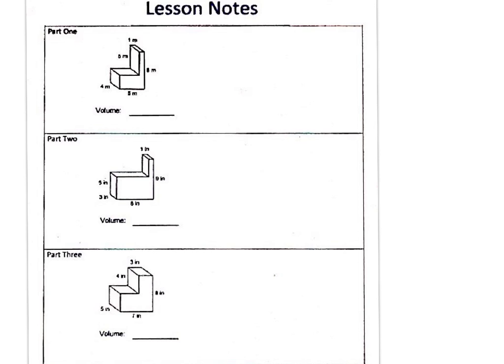But remember, when you're finding the volume of composite shapes, that you need to split them apart into 2 rectangular prisms, figure out the volume of those, and then add them together. Sometimes you'll hear it called additive volume, where you've added 2 different volumes together to get the volume of a total composite figure. Come tomorrow to class with any questions that you have, and we will be practicing this